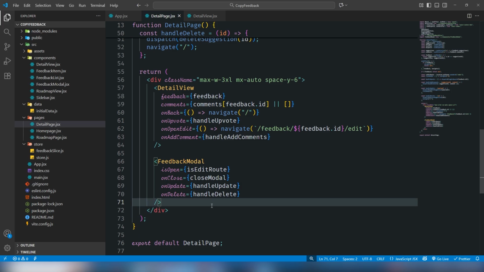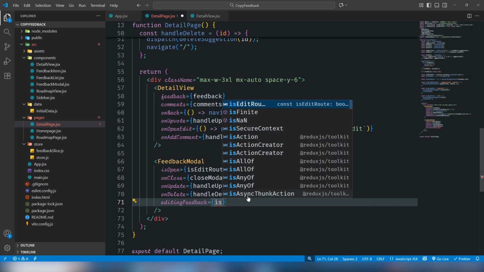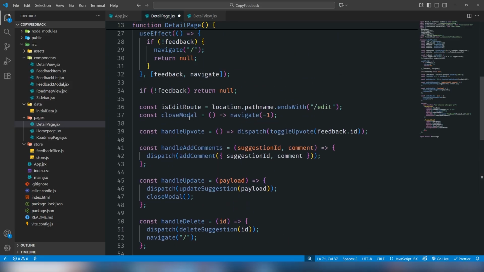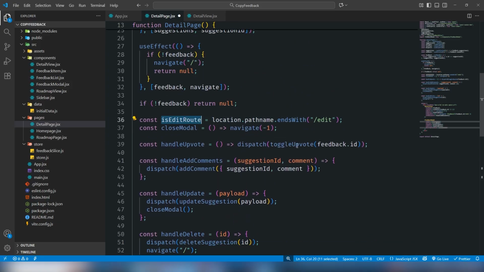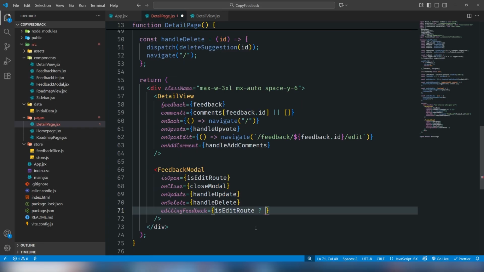And yeah, so the last and final thing is editing, is edit route, which is a variable that I have made on the top, like this one. This will give us the path if it exists, so I need to get the feedback, otherwise I need to get nothing. All right,